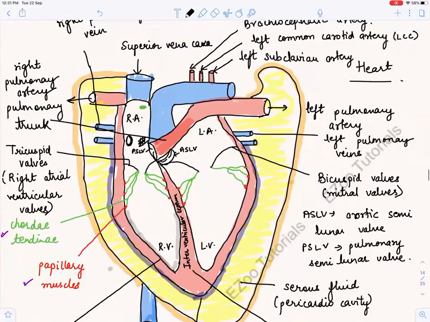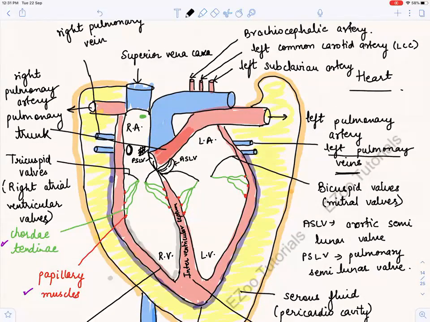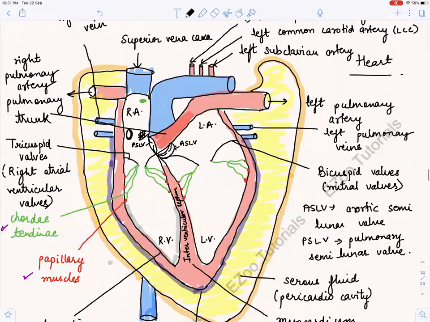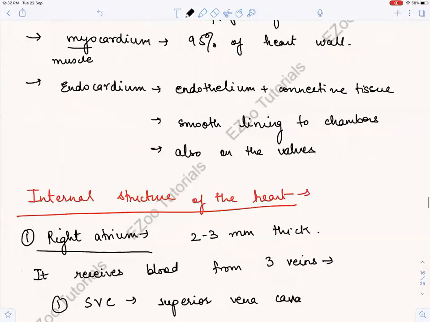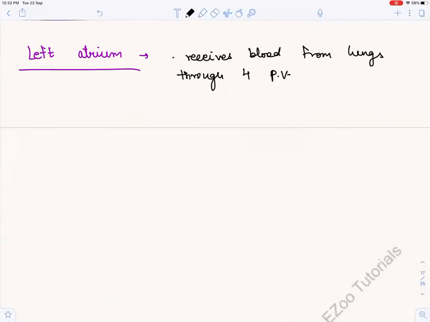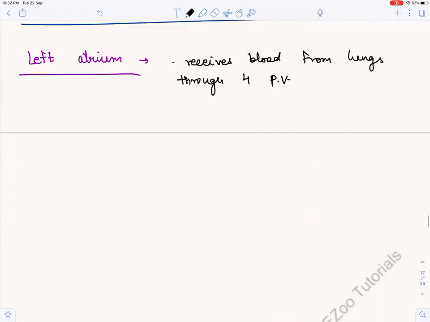Can you see these pulmonary veins that we have drawn? 1, 2, 3, 4, right and left pulmonary veins. Can you see? So this is what we are talking about. It is receiving blood from these 4 pulmonary veins. Okay, that is done. See the structure again, fix it well in your mind. This is the coronary sinus which I forgot to draw. Unless you have this structure fully in mind, you will not understand the cardiac cycle and everything, and it will all be confusing. So that is 4 pulmonary veins.